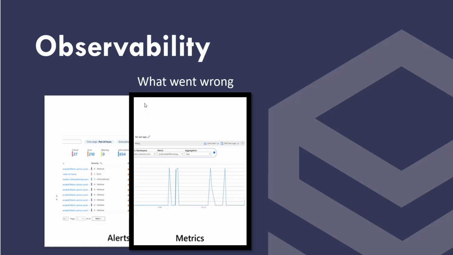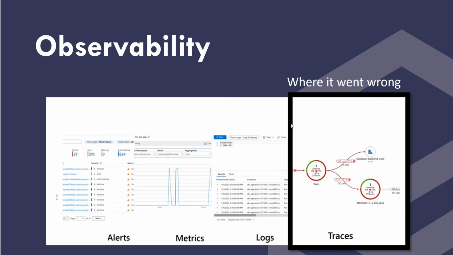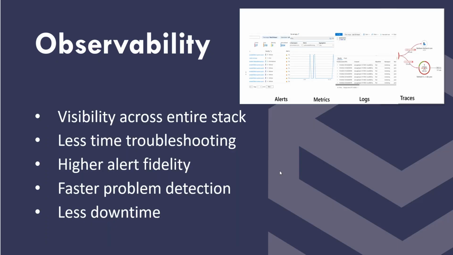Logs are another way to help us dig in and understand why it went wrong. Maybe logs show us that there's some locking happening or some other things happening within the SQL environment causing that application failure. And the fourth pillar is traces. If we need to dig into the application itself to see what's happening, certainly trace files are a very effective way of doing that. So observability defines visibility across that entire stack of information to give you really good insights into everything you need to know about a particular incident or issue, and help you troubleshoot that,